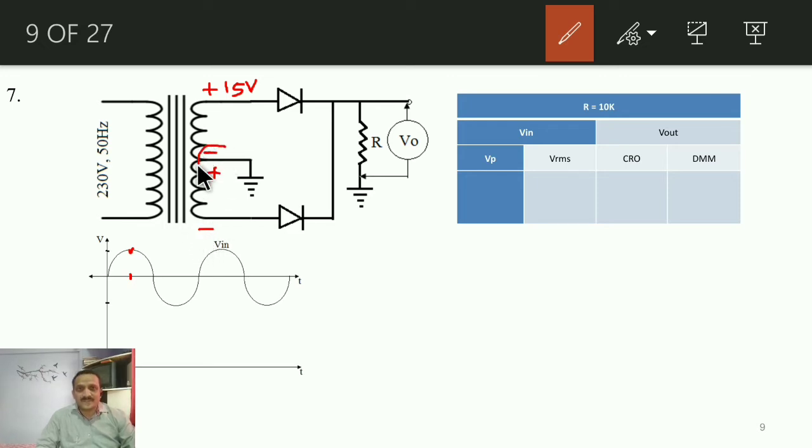So how much will be the net potential at the center tap terminal? Remember, it always remains 0 volts, and that's why a center tap transformer is generally rated as, for example, 12-0-12. That 0 indicates what? At any time that center tap terminal remains at 0 potential. You can find out for any time period the level of voltage at its center tap terminal. So it is always at 0 volts.